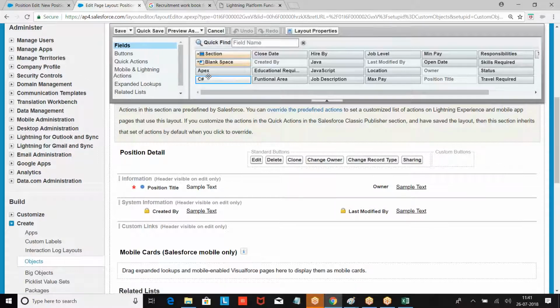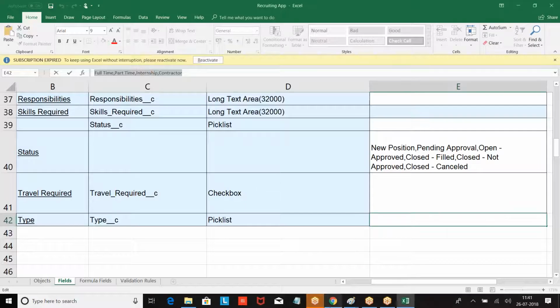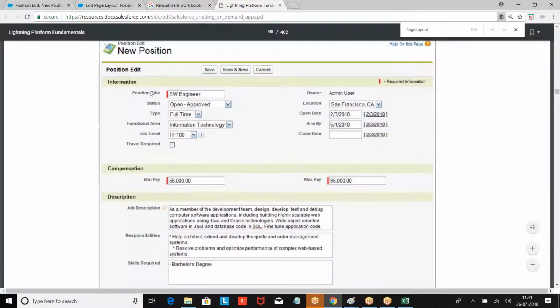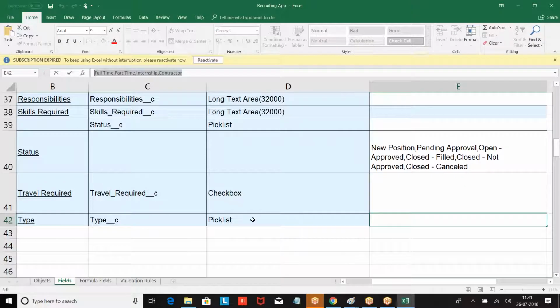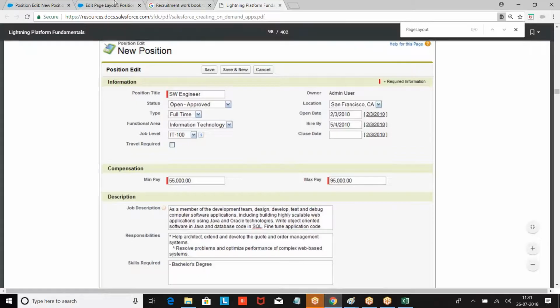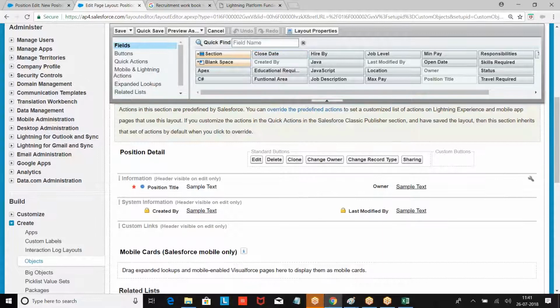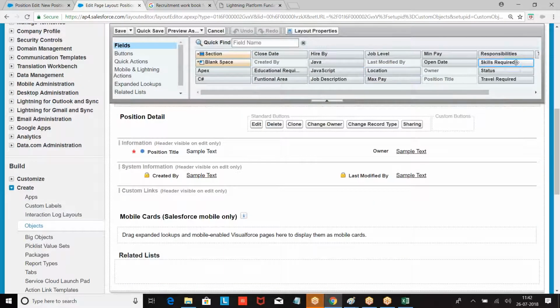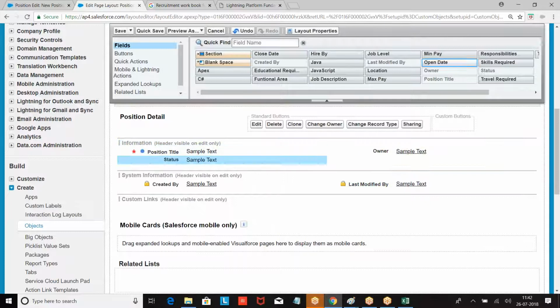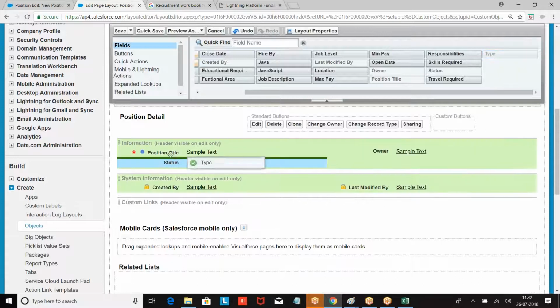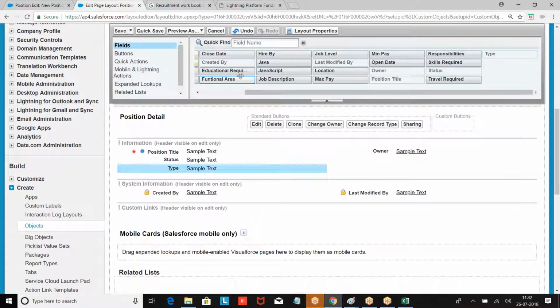Okay. Then under the information, what do you want to do? Title. After the title, status, type, function area. Title, status, type, function area, job level, travel required. Let us do this first. Status, type, function area. Go to the status, then type, functional area,